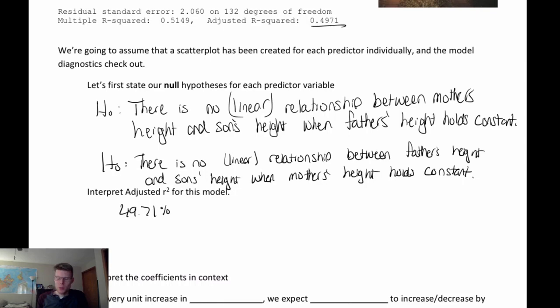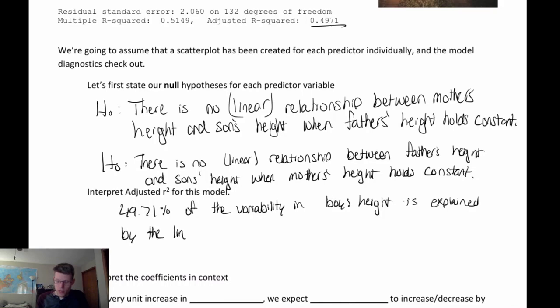So we're going to say that 49.71% of the variability in boys' height, or I guess instead of saying a boy, singular, I'm going to say boys' height because it is a variable with many observations in it. So in boys' height, the variable is explained. And I could just say by this model if I don't want to be wordy and list all the predictors, but there's only two, so that's not really going to take that long, is explained by